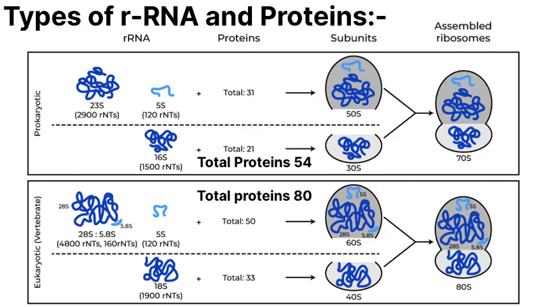In most of the scientific diagrams and models, the smaller subunit, 30S in prokaryotes or 40S in eukaryotes, is often depicted on the top side or the upper side, and the larger subunit, 50S in prokaryotes or 60S in eukaryotes, is depicted on the bottom or the lower side of the ribosomes.